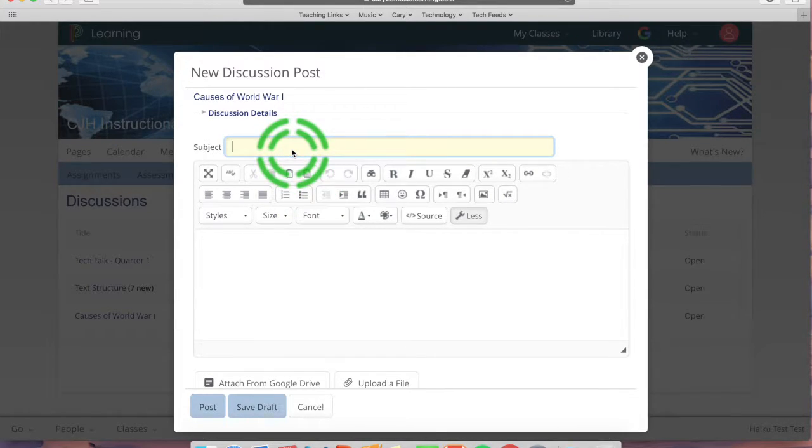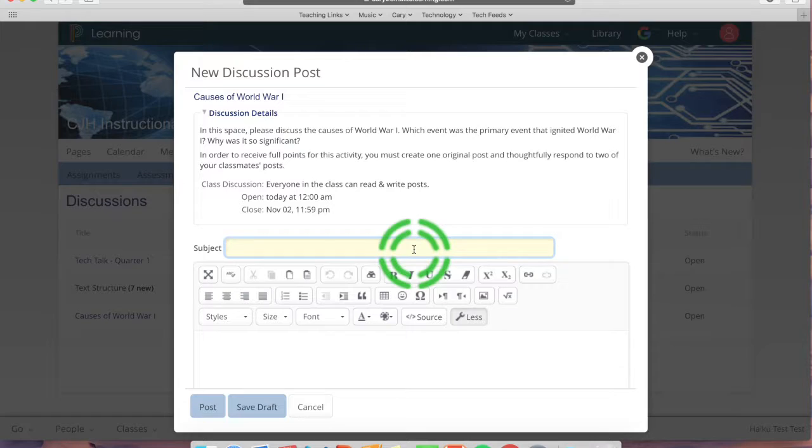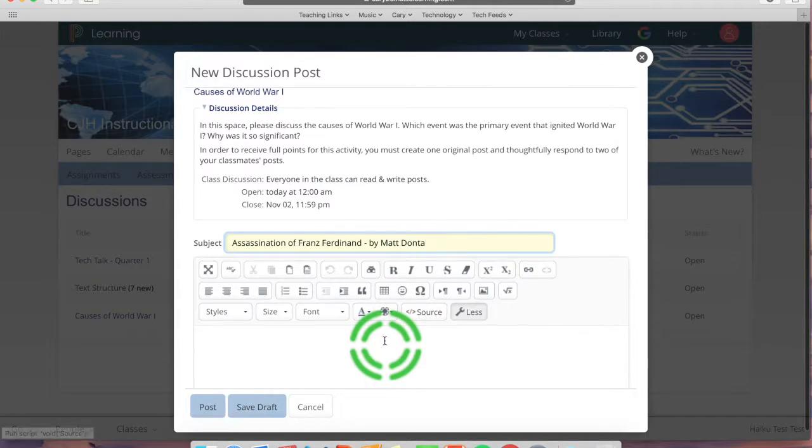and then they will have this discussion post creator. They can click on discussion details and they'll have a reminder of what they're responding to, and then they will have the subject. I would recommend that they summarize the thesis of what they are going to be arguing, as well as include their first and last name, just so it's pretty easy to see who these responses are coming from. So let's go ahead and fill this out. They've got the subject,